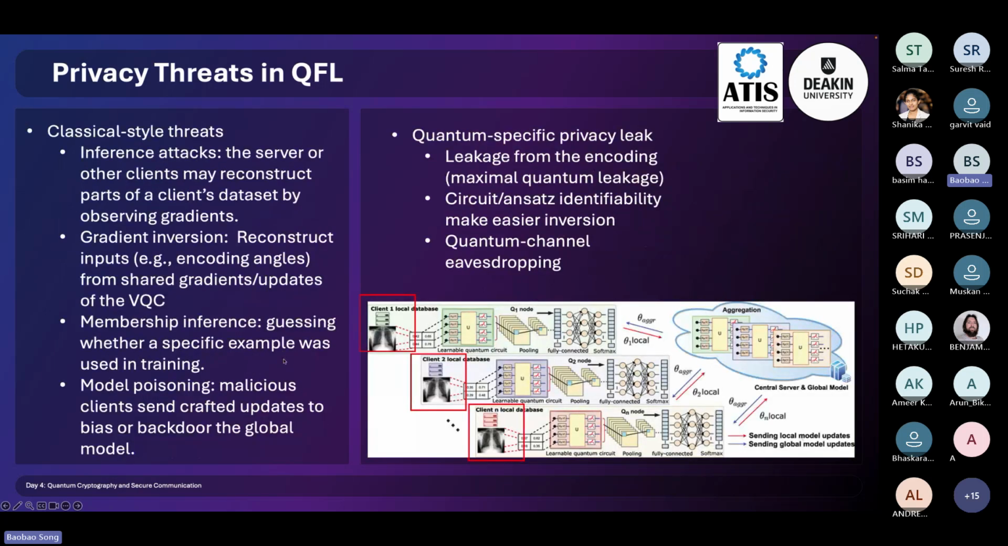Next, we can see some privacy threats in quantum federated learning. The first includes some classical-style threats, which means these threats also apply in federated learning. And we can also have some quantum-specific privacy risks. From the classical side, we can have the inference attack, gradient inversion, membership inference, and model poisoning. First, the difference between the membership inference and the inference attacks is that sometimes